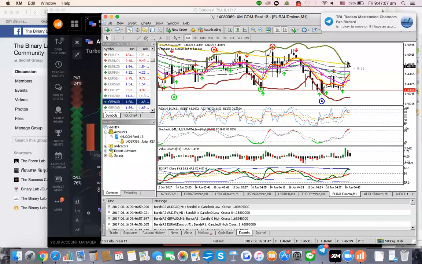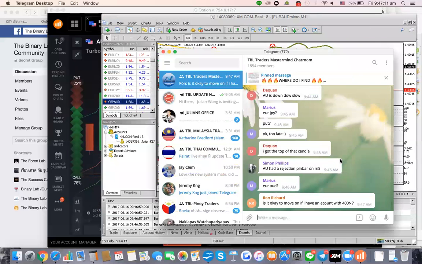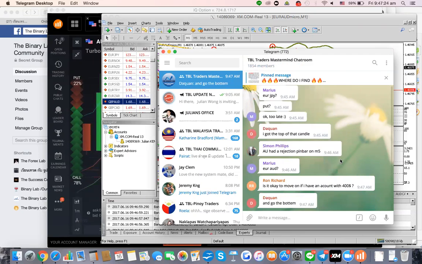Those are quite close to the outer bands. Okay, if you are like 500, if you want to use my conservative system, you kind of can, but it would be a little bit of a risk. I would suggest that, Ron, you may want to top up a little bit,